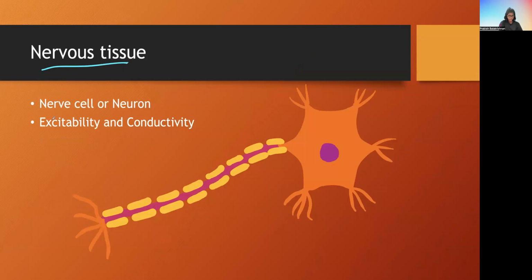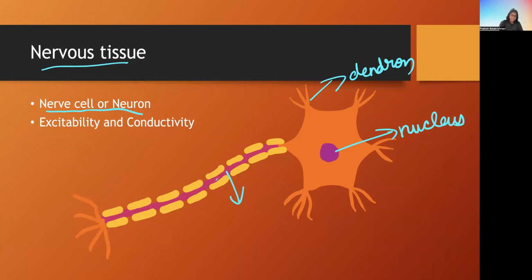Last one is the nervous tissue. Nervous tissue is made of nerve cell or neuron. Neuron looks like this, and this part is the dendron. This is the nucleus of the neuron,